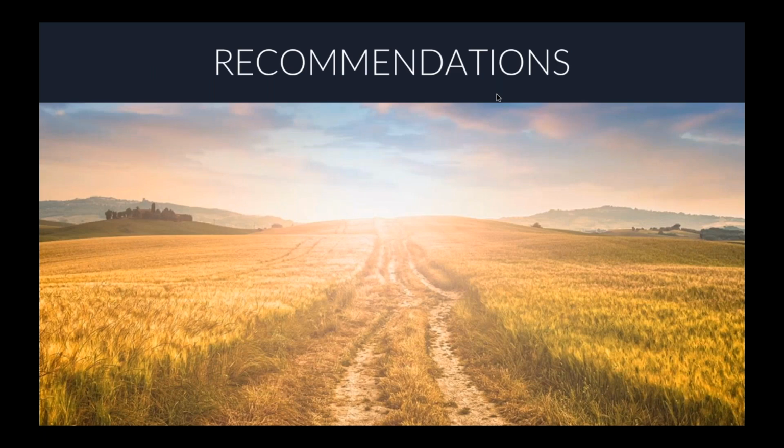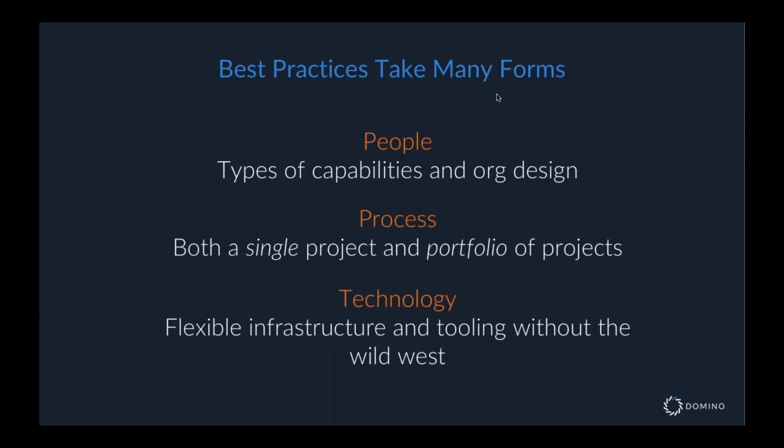So what do we do about that? What are some of the recommendations that we would think of? So best practices take many different forms, right? There's people, there's process, there's technology, and all of those matter. I'm not going to talk a lot about technology because Domino is a technology company. I don't want you to think that we're just trying to sell you a product, but